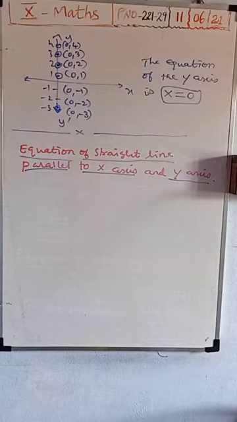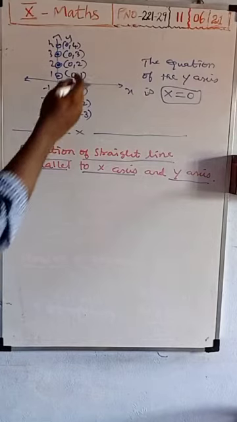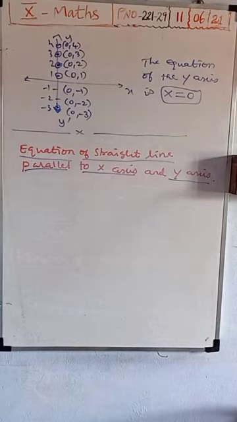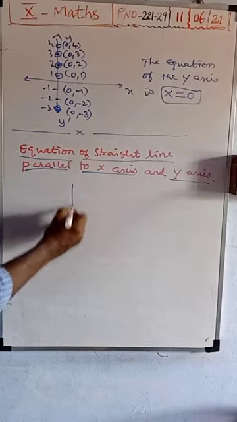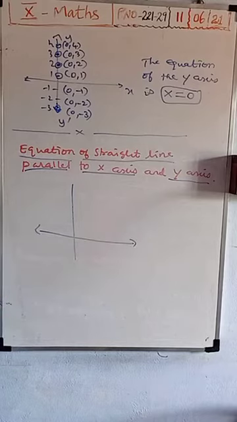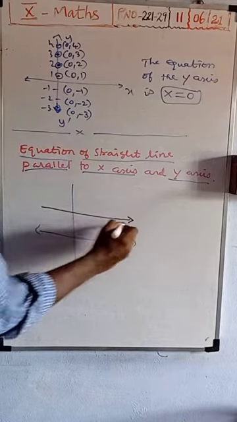From the coordinates, if you draw one parallel line, what is the parallel line equation? And if you draw a line parallel to the y axis, what is that parallel line equation? We want to find that. Before, we saw the coordinate axes: the x axis equation is y equals 0 and the y axis equation is x equals 0. Here we are drawing one parallel line to the x axis.